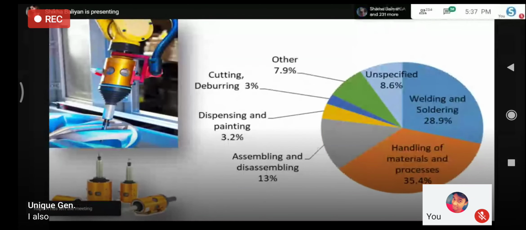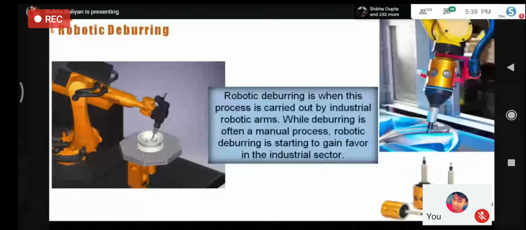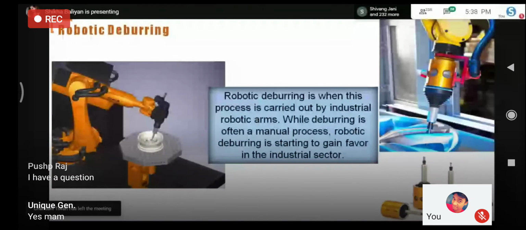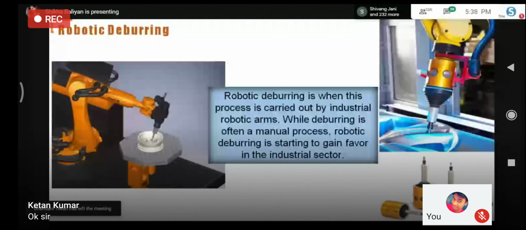So these reports and stats are giving us clear indications about the upcoming trend of robotic deburring. I hope till now we understand what deburring is and why it is important. We also know why robotic deburring is important over manual deburring. So the next important question is, what is robotic deburring? And what is the main process of robotic deburring? And how is it beneficial for